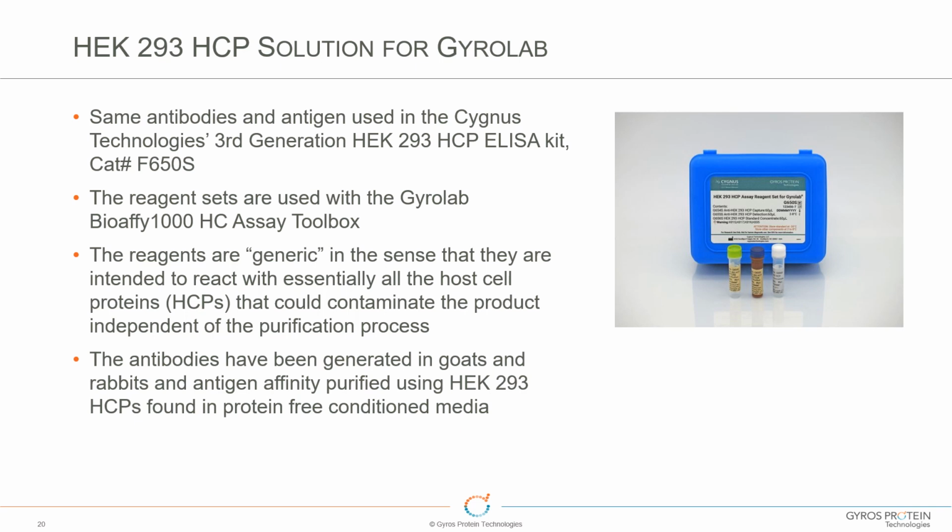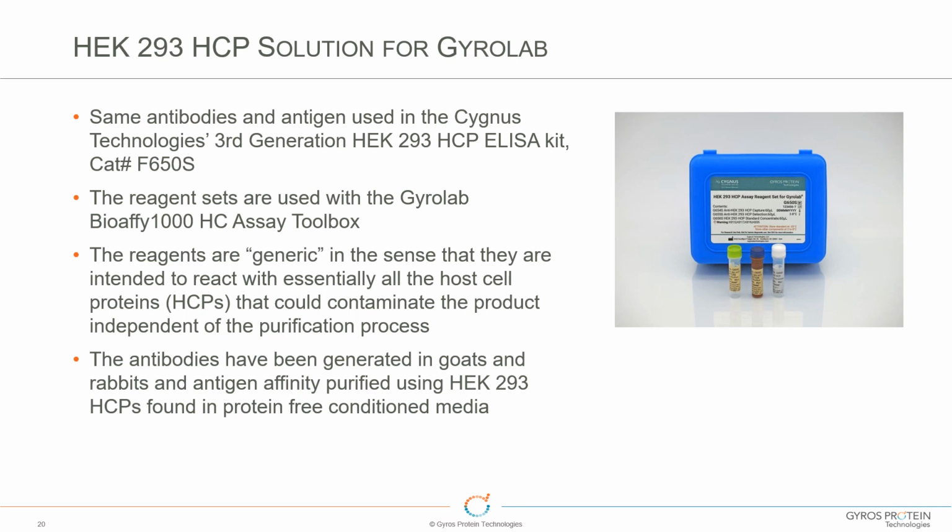So let's go now to talk about the HEK-293 host cell protein solution for Gyrolab. In this case, we've partnered with Cygnus, who's one of the leading providers of ELISA kits for the host cell protein market. And in this partnership with Cygnus, they provide the same reagents that they use in their 3rd generation HEK-293 ELISA kit. And we combine that with a toolbox from Gyros, which includes the CD, the Bioaffy 1000 HC CD, that can be used to develop your own